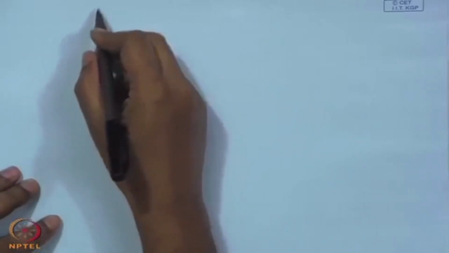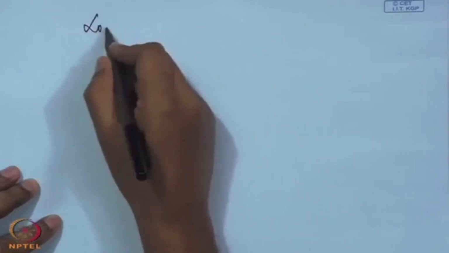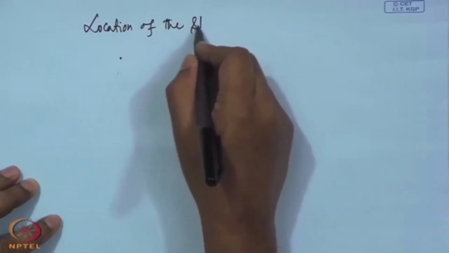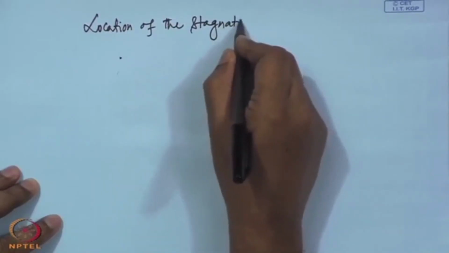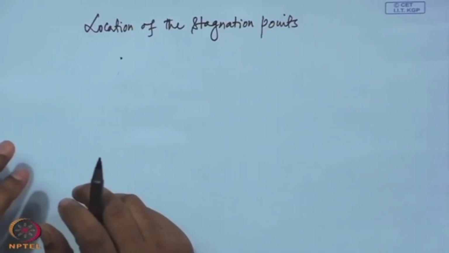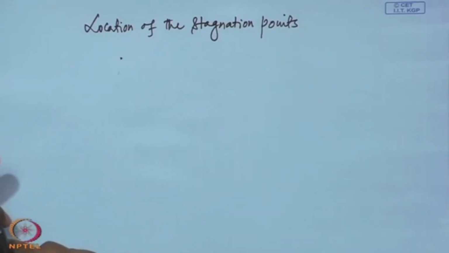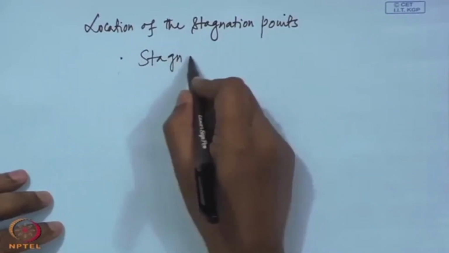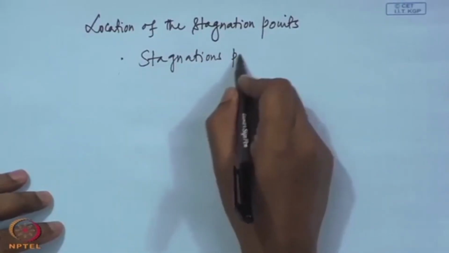So, locate those stagnation point. So, this part I am writing without finding the velocity, that the stagnation points are at